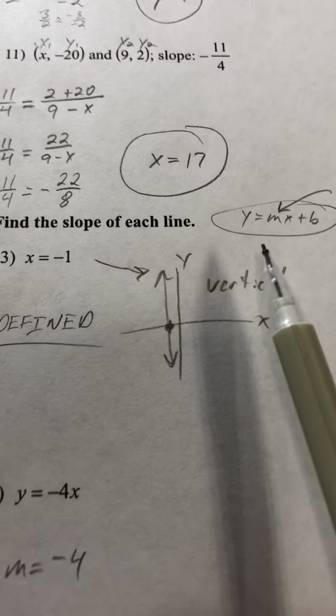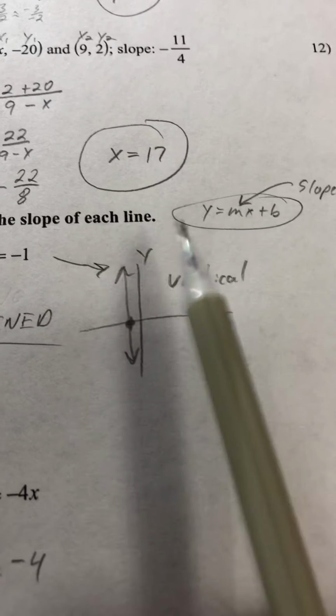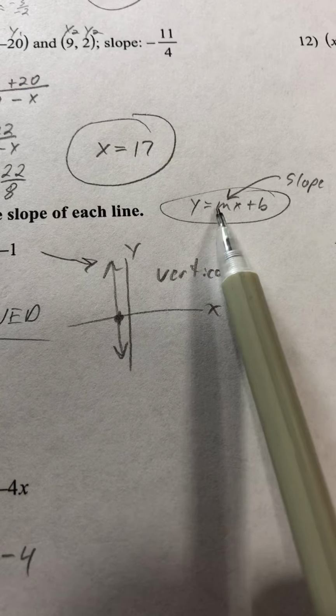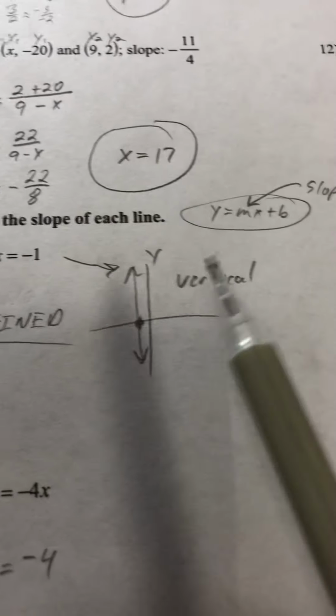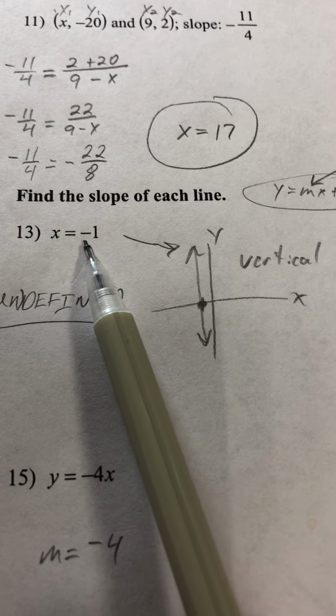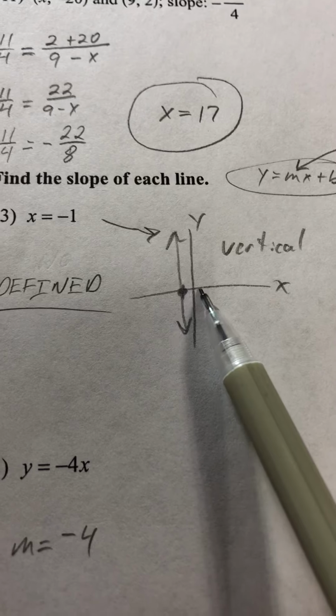Find the slope of each line. Remember the slope-intercept form, y equals mx plus b, where m is the slope and b is the y-intercept, but we don't need to deal with that. We're just dealing with slope right now. So this one, I don't have any y or anything. This x equals -1 would be, if I were to graph it,